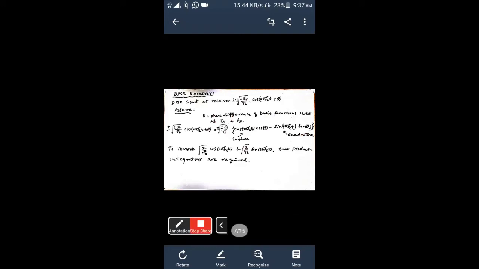Right. Observe carefully, guys. Now this plus or minus into cos theta will be your output afterwards, and observe this minus sign here. When you multiply this one, this becomes minus or plus for the sin theta. This equation you have to keep in mind to understand the next block diagram. Come to the block diagram, the receiver block diagram.